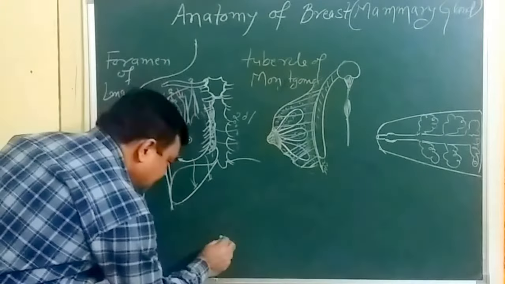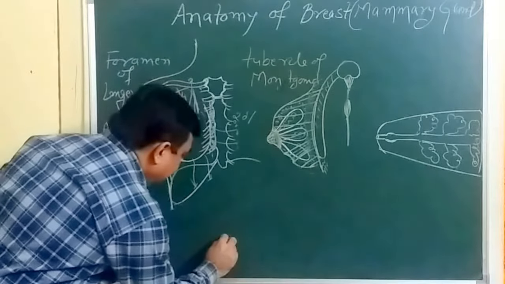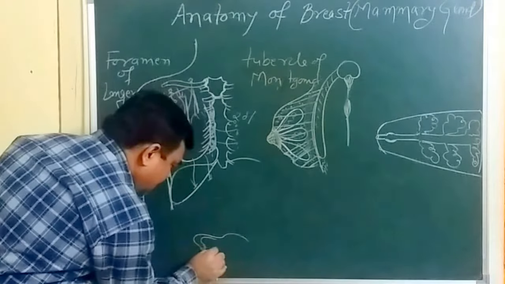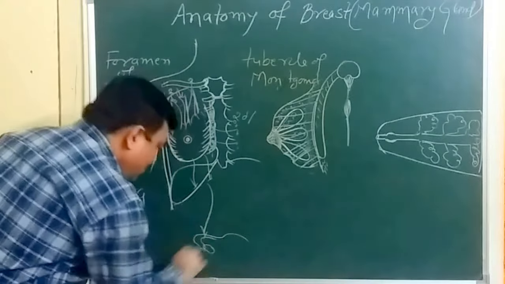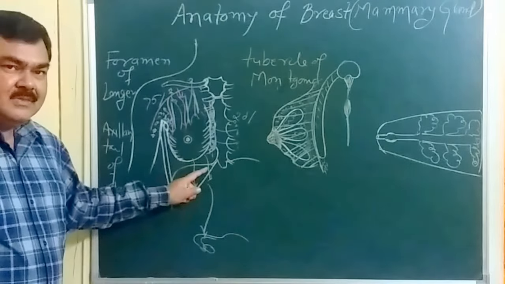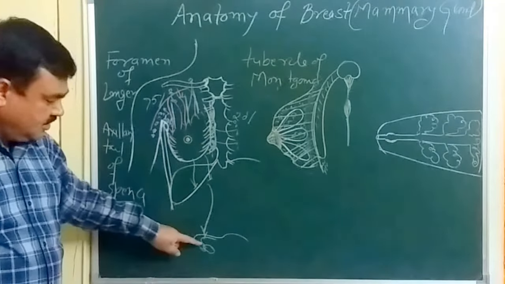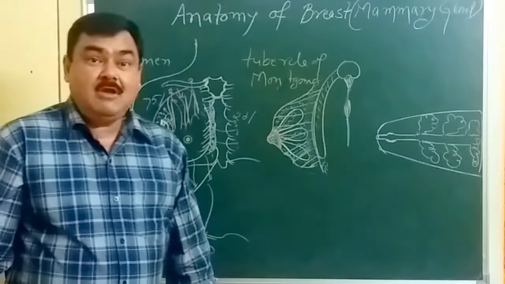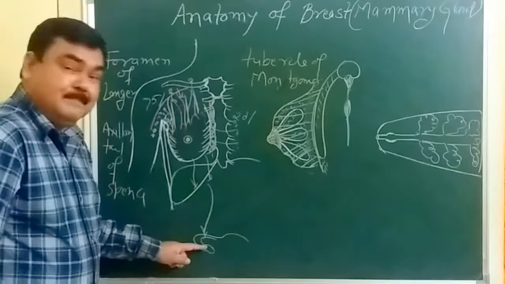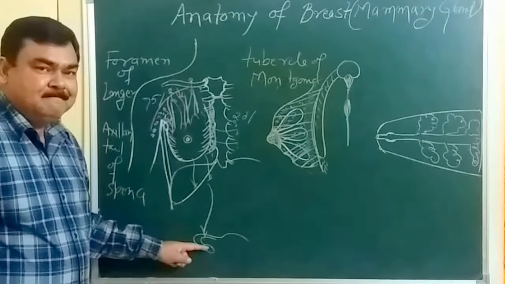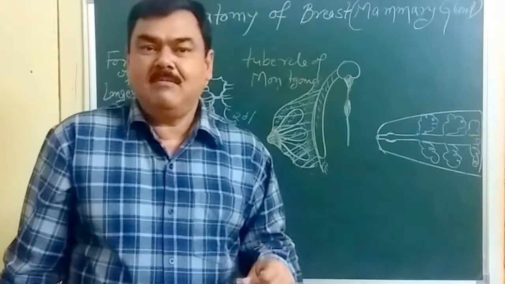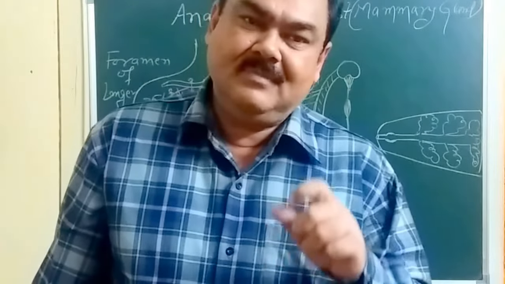From here, lymphatics may reach into the pelvic cavity. Here is the ovary, and it may happen through transcoelomic transmission. Transcoelomic. From here, some droplets go into this and form Krukenberg tumor, Krukenberg tumor in the ovary. So lymphatics may communicate to this part. So these are the lymph nodes involved that are related with the breast.